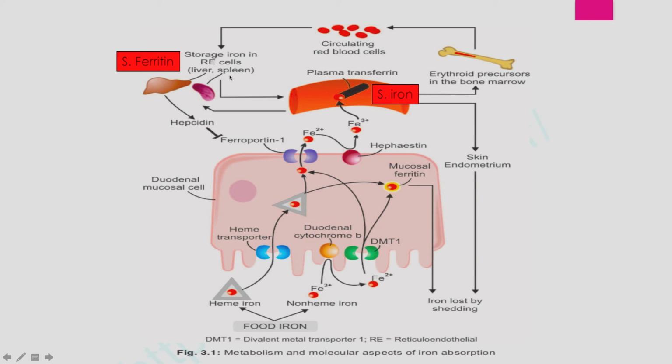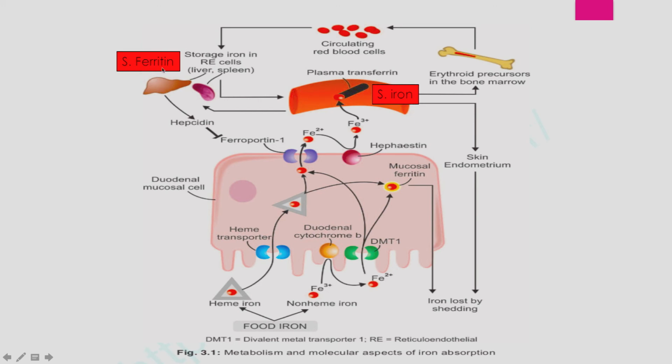So in liver and spleen, the iron is stored, right, in the form of ferritin. So the iron is released from the blood into the liver, the transferrin is left in the blood, the iron goes into the liver, and that iron attaches itself to a protein which is apoferritin protein, and the apo part is removed, and the iron plus apoferritin protein is together. When the iron attaches to that apoferritin protein, it is called ferritin. So ferritin is the storage form of iron in the liver and spleen.